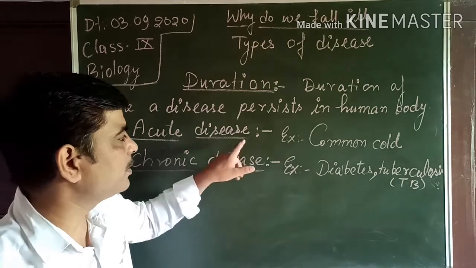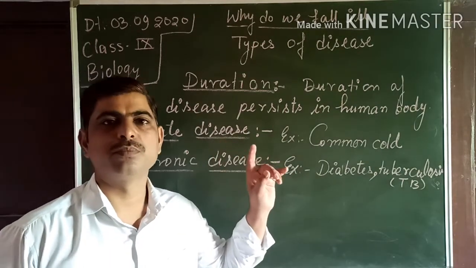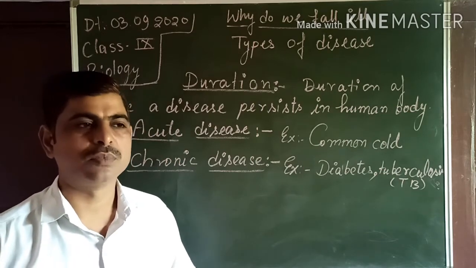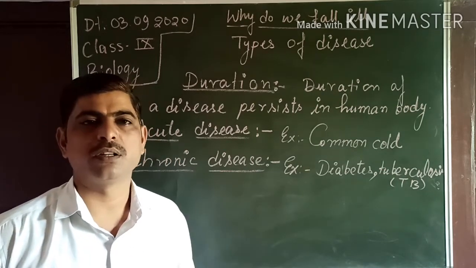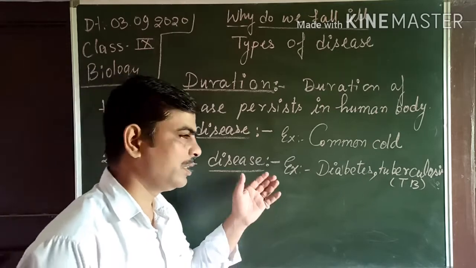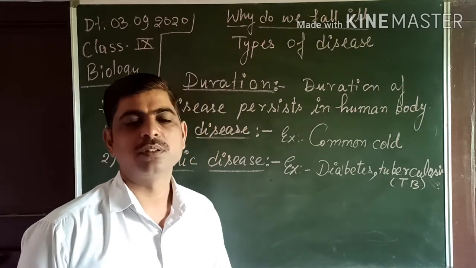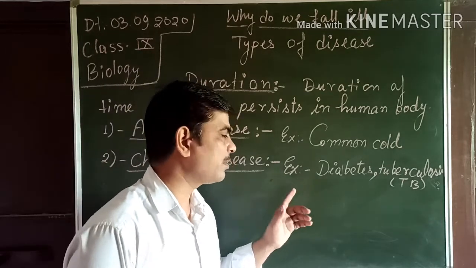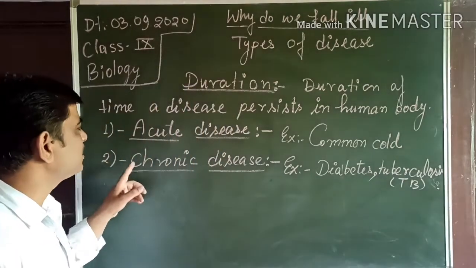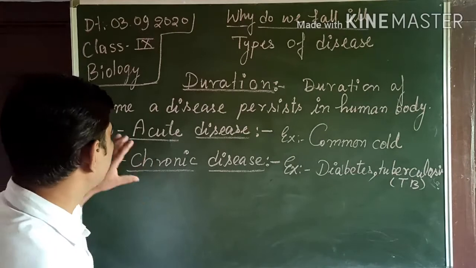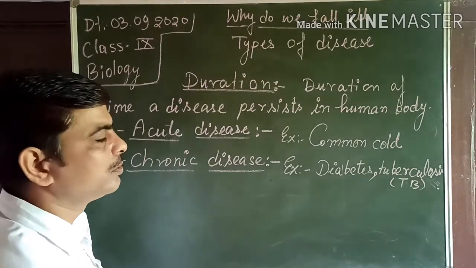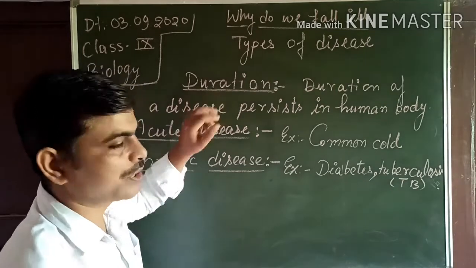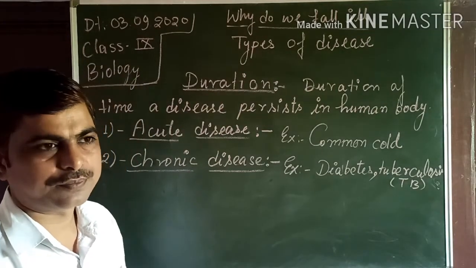Okay, but in this case there is no adverse effect on the physiology and anatomy of the human body. In this disease, maybe some organ becomes impaired. Okay, so this type of disease is chronic disease and this is the acute disease, and this division is on the basis of duration. Okay,